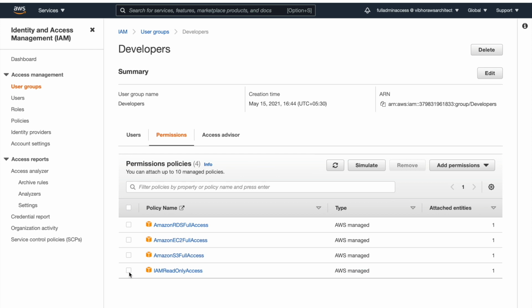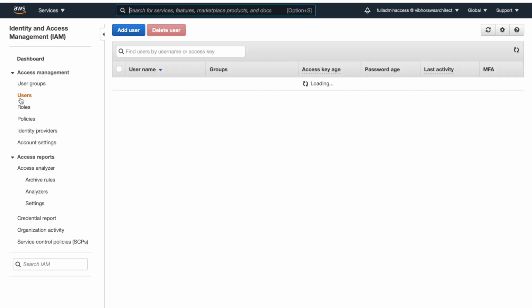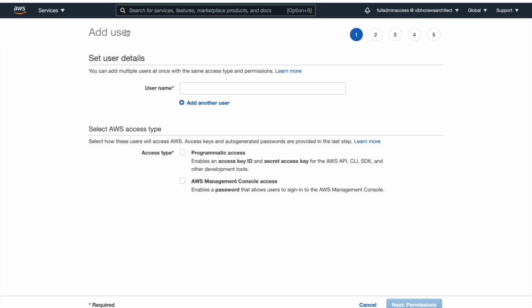Let's now go and create a user for development. Click on users, add user. Let's take an example of developer 1.